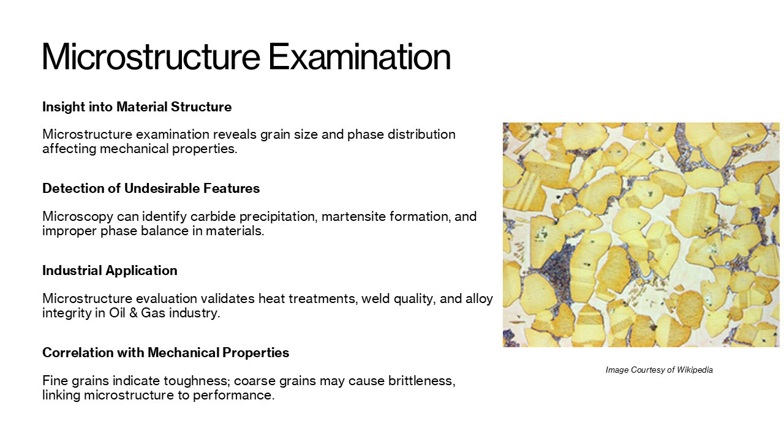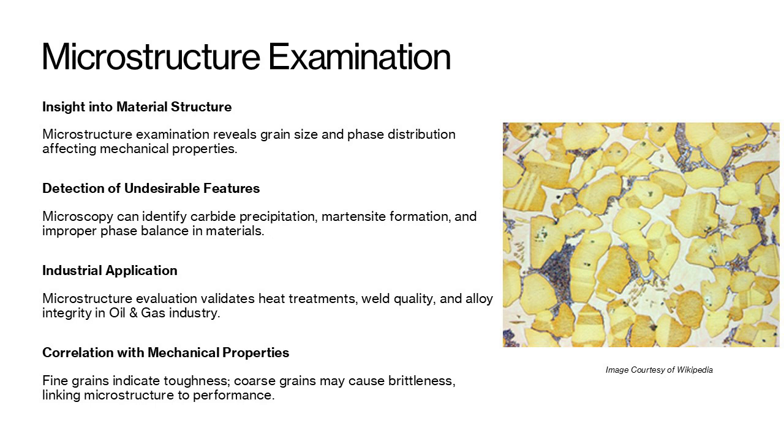In the oil and gas industry, microstructure evaluation is crucial for validating heat treatments, ensuring weld quality, and confirming alloy integrity. For instance, fine equiaxed grains generally indicate good toughness, while coarse grains may lead to brittle behavior. Inspectors should be familiar with microstructural indicators that correlate with mechanical test results, ensuring that laboratory findings align with expected material behavior. By understanding microstructural characteristics, inspectors can diagnose root causes of mechanical failures and verify that materials meet required